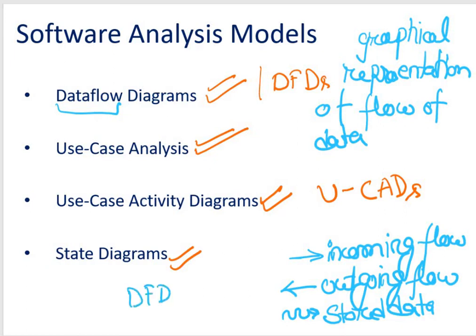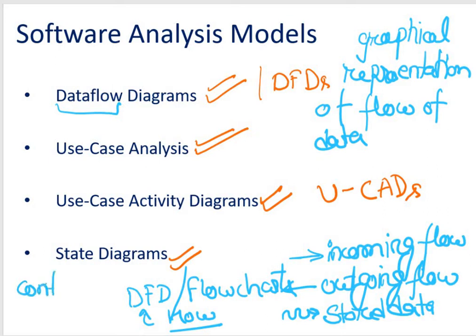So we have DFD, then we have flowcharts. Here I'm not going to answer how the data is going to flow. Your flowchart basically depicts the flow of control in the program modules, and your data flow diagram depicts the flow of data in the system at various possible levels. So DFD will not be containing any of your control statements or your branch statements, right? So all these things will not be there.